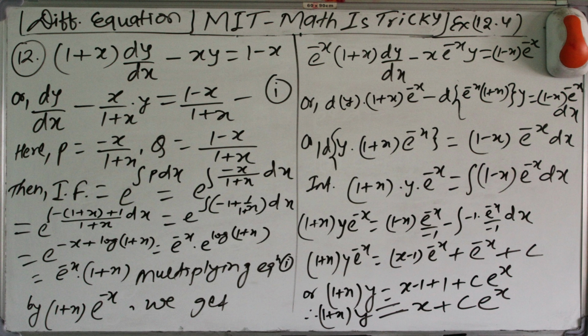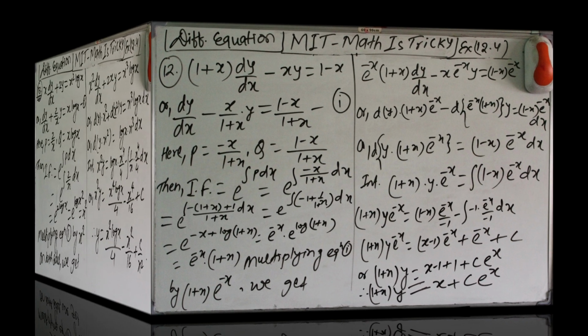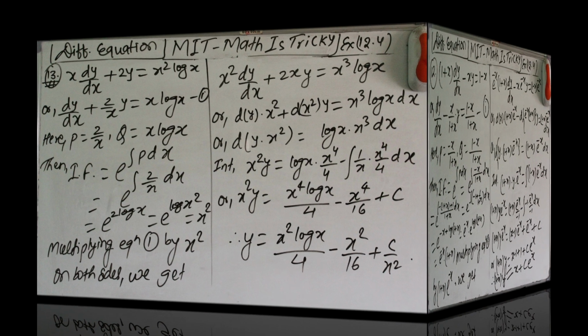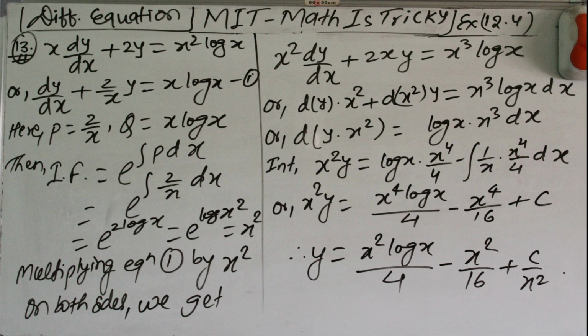Now let's move to question number 13. Question number 13 is x into dy by dx plus 2y equals x square log x. Dividing both sides by x, we get dy by dx plus 2 by x into y equals x log x. By comparing this with the linear form, we get p equals 2 by x and